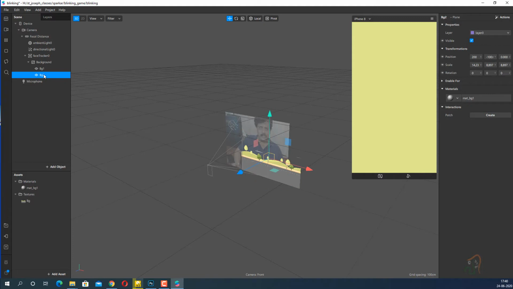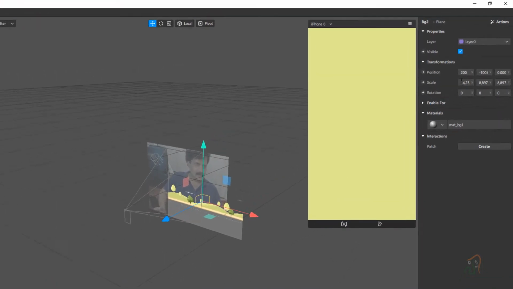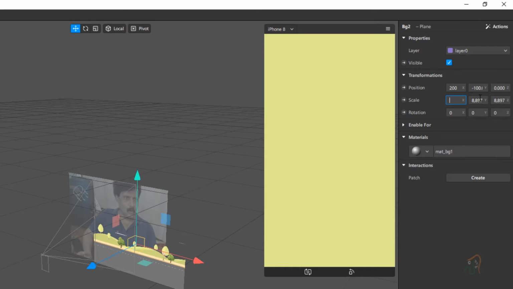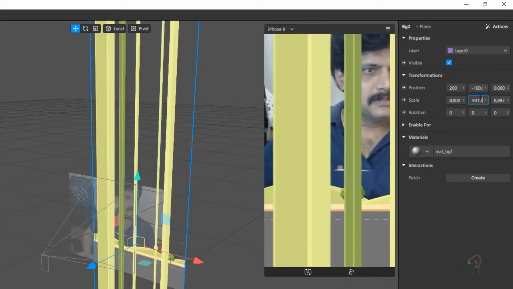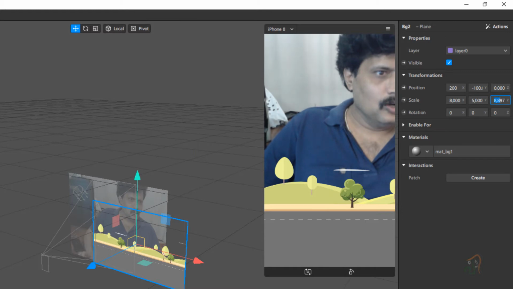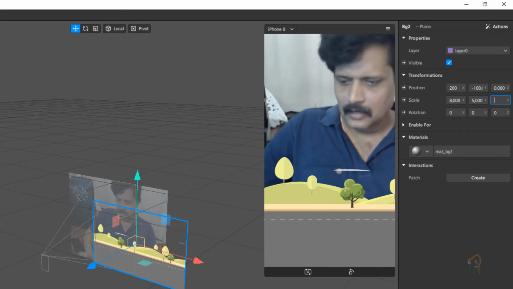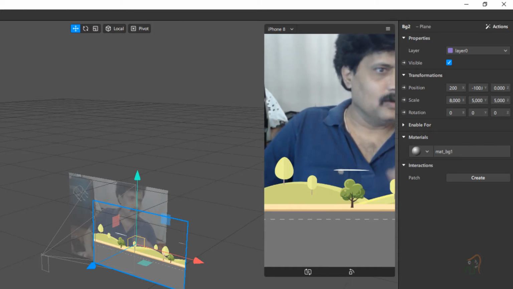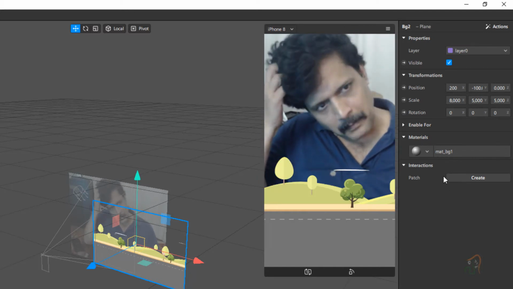Again select BG2, and in scale we will type 8000 here, so it becomes 8, and for the other two, along y, make it 5000, and similarly along z also type 5000, so it will scale by 5 times.